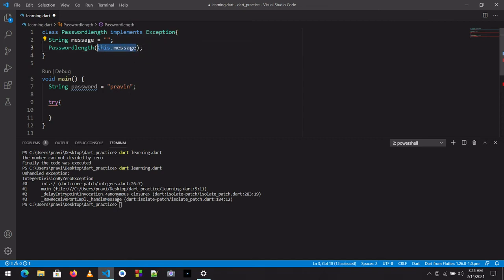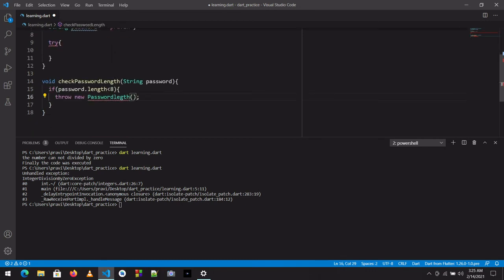I have to pass some value into this constructor to change the value of message, so I will pass a message: the password length is less than 8 characters.